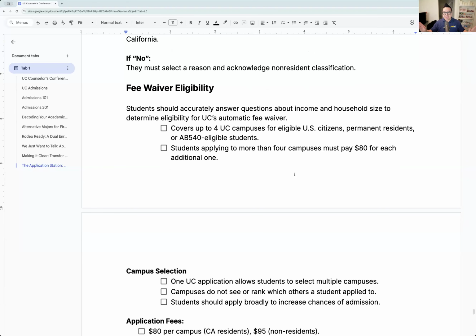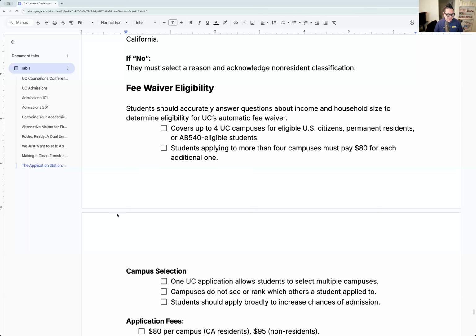Fee waiver again is automatic. If you plug in, it'll ask you for family size and income. Again, you don't have to do the exact number. They're not going to hold it against you. This is not FAFSA, right? FAFSA is the application for federal aid. This is just a rough estimate that will qualify you for fee waivers or not. If your family is under a certain number or combination, it's automatic. On the page you'll see, hey, you qualify, here's 4 schools for free. If you don't see that, you didn't qualify, you made too much.